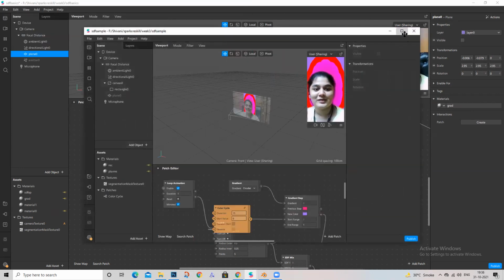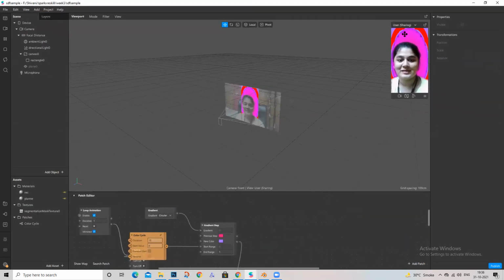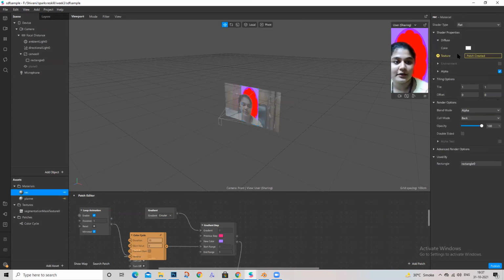Okay, so can you see this background? इसमें मैंने background segmentation use किया. Can you see this background? Yes, ma'am. Yeah, so this is something that this is known as procedural animation. ये पूरा animation procedural है. मैंने कुछ भी बाहर से textures use नहीं किए हैं. ये सब मैंने पूरा का पूरा Spark AR में बनाया है. Right through from the colors to animations to design, everything has been done in Spark AR. No externals used.